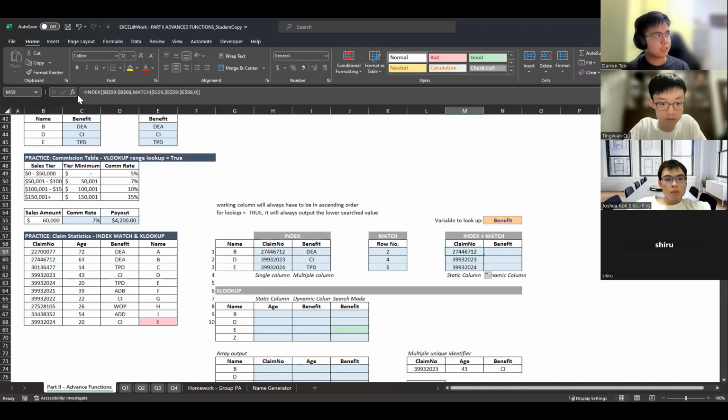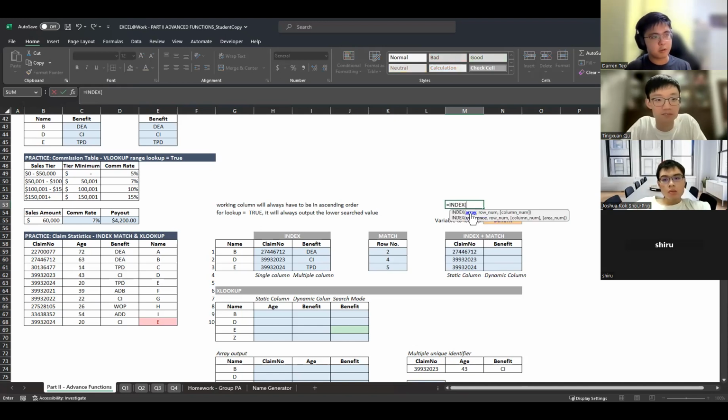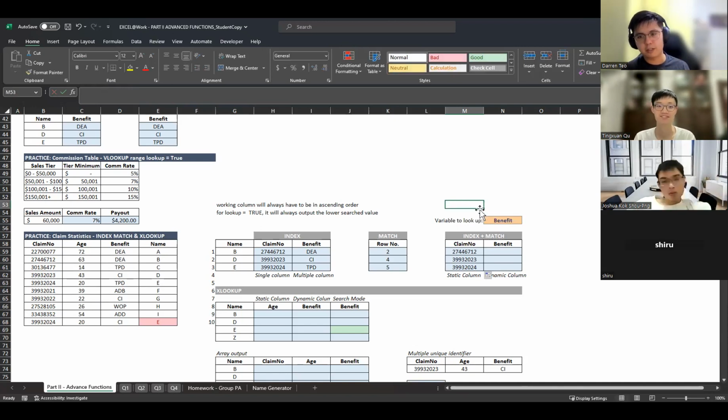You all understand the idea of this index match, right? So I'll give some intuition. If I equal to index, what am I looking for? The array, what am I looking for? And once I'm done highlighting whatever I'm looking for, then I will go and find out what is the row number I'm looking for. And how do I find a row number? I use match to match the row number. And then after that, I just close the bracket. So that's the idea. I want to find the row number. I want to find the column number. That's how I can match it together.